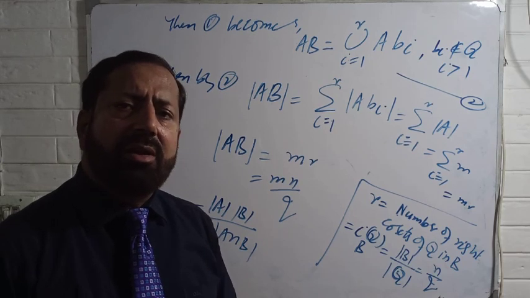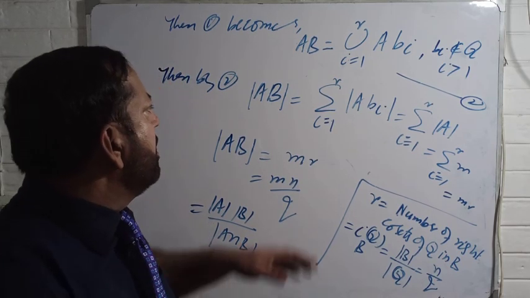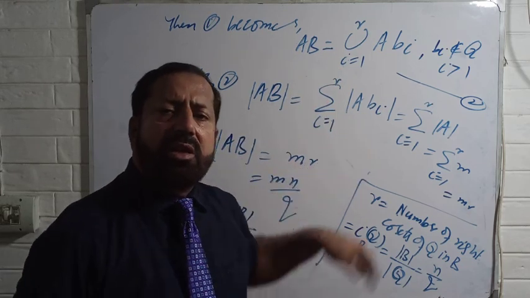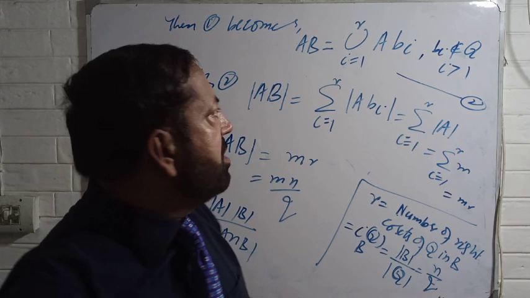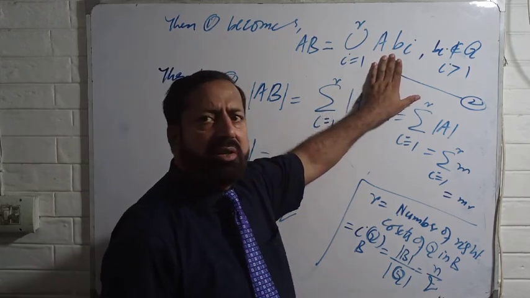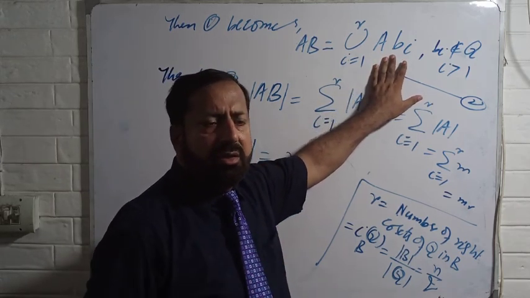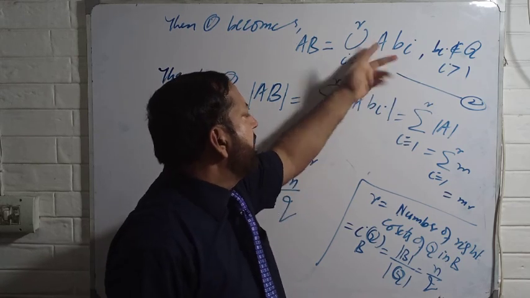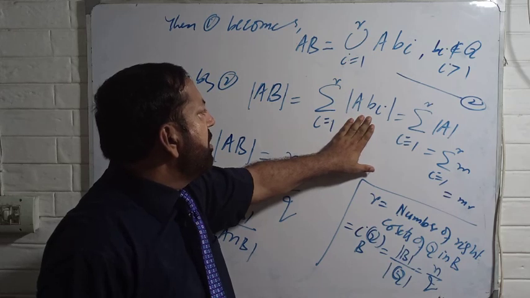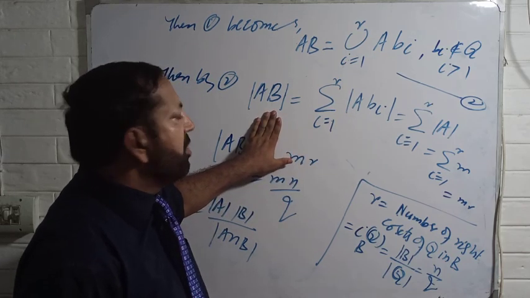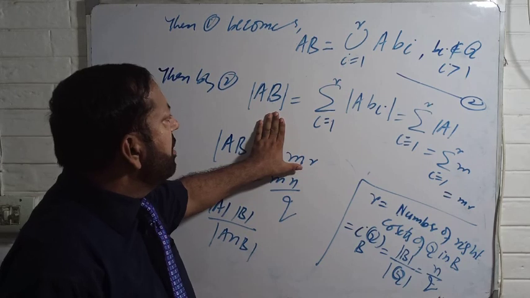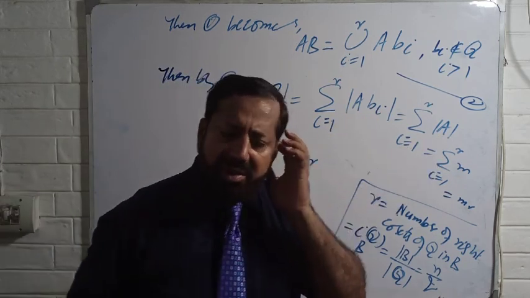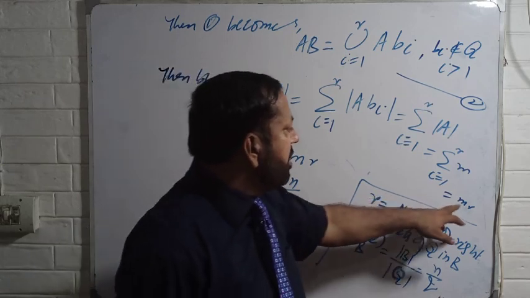So since all are different, distinct, that's why this union will give you the summation by using the inclusion-exclusion principle, because there is no coset which are disjoint, which are overlapping. They all are distinct. That's why the union is in fact this one by using the inclusion-exclusion principle. Okay, and you know that order of AB is equal to order of A. This is a very simple and elementary result. From here you are getting M R.